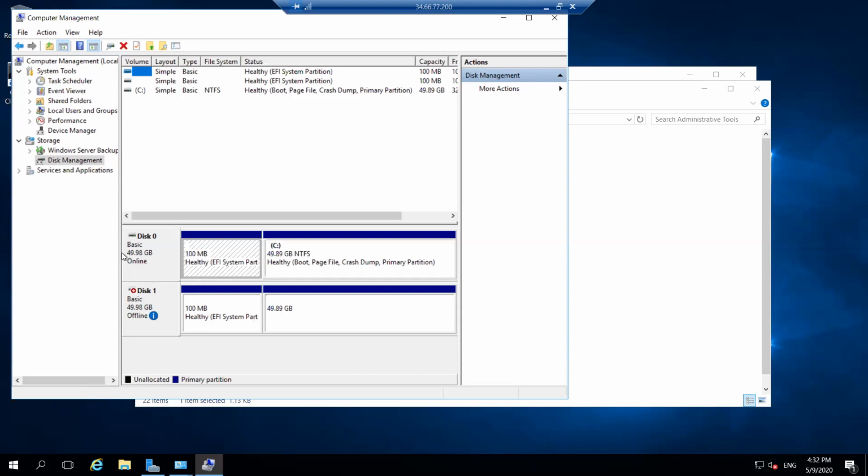Some 0.02 GB portion is not shown in this space because this is for system management. Healthy, boot, page file, crash dump, primary partitions are there. Then this is disk 1, which is also basic, 49.98 GB.